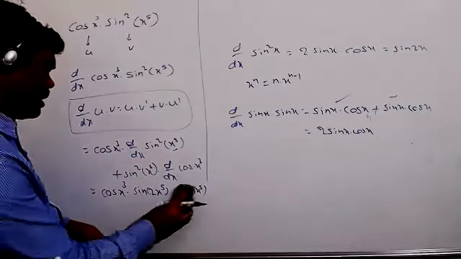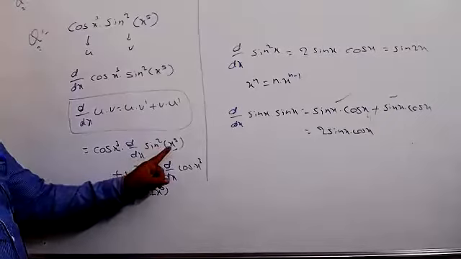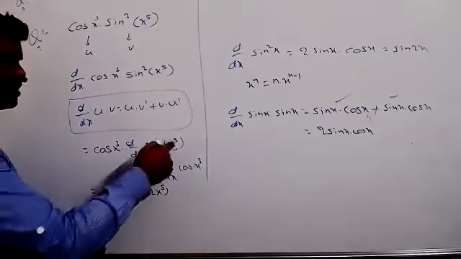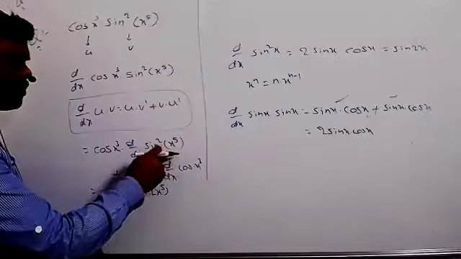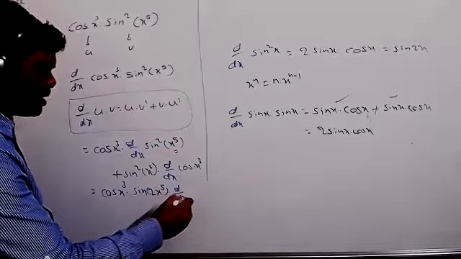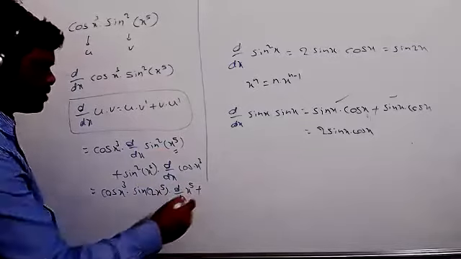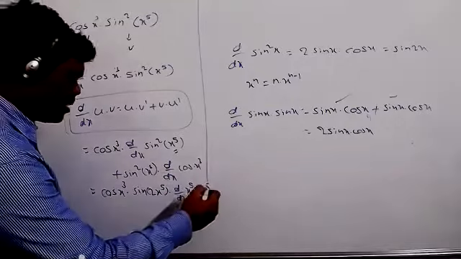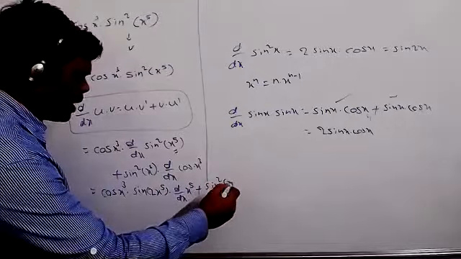Generally, the differentiation of only sin square x equals sin 2x, which we are taking here now. But instead of x here, x power 5 is there. That means we will again differentiate x power 5. This is the first step up to here. The same here also: sin square x power 5, write as it is only.